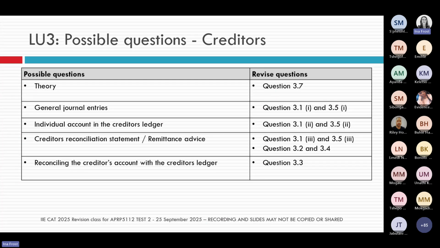Just a reminder again, your key to success is to do as many questions as you are able. So up here on your screen now is again just that list of questions from Learning Unit 3 that you can do as part of your revision. In your textbook, there's also that question bank. I'm sure you all know that. I think it's Learning Unit number 7. In your textbook, that's another question bank. So there's also some more revision questions that you can do.